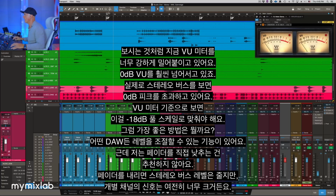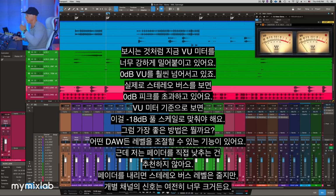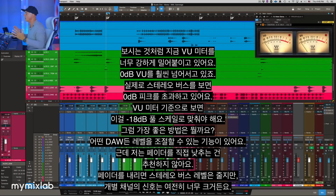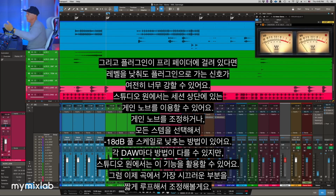Any DAW has a way to reduce the level. I strongly recommend not lowering the actual fader. If you pull the fader down, yes, you are lowering the level into the stereo bus, but you are hitting the actual channel too loud. The plugin is pre-fader. If you have the plugin pre-fader, even if you lower the level, you're still using too much headroom into the